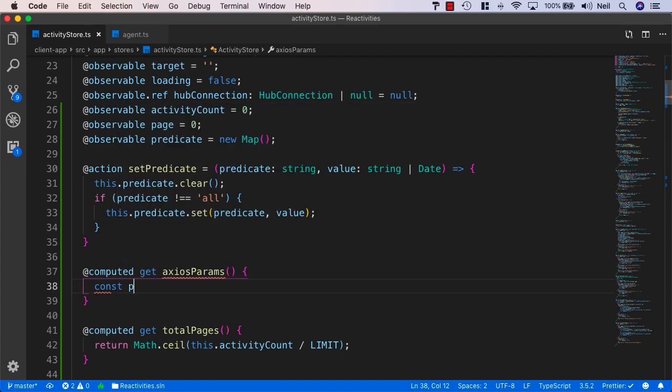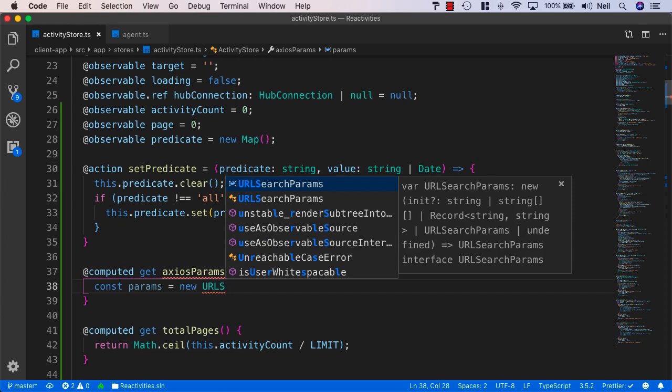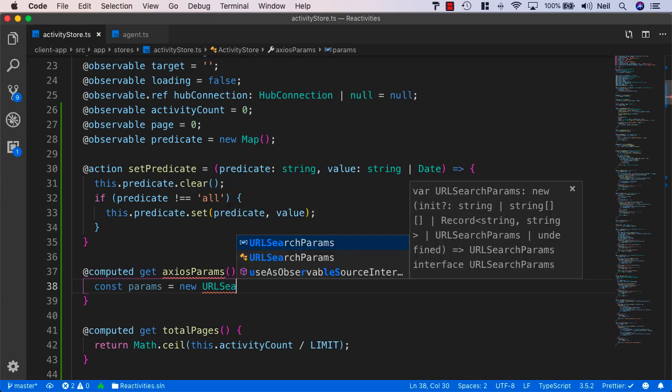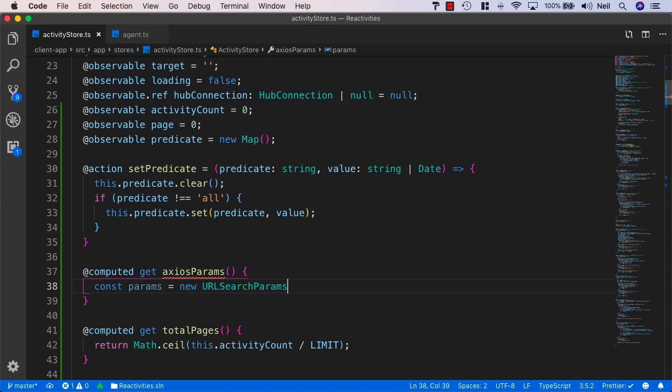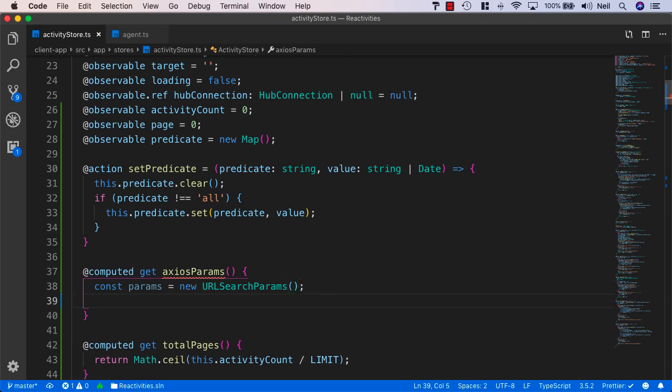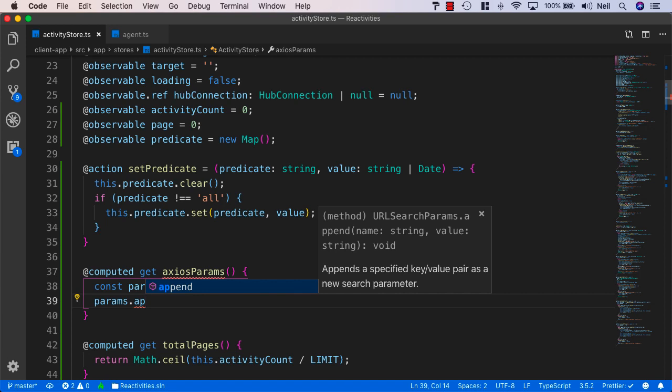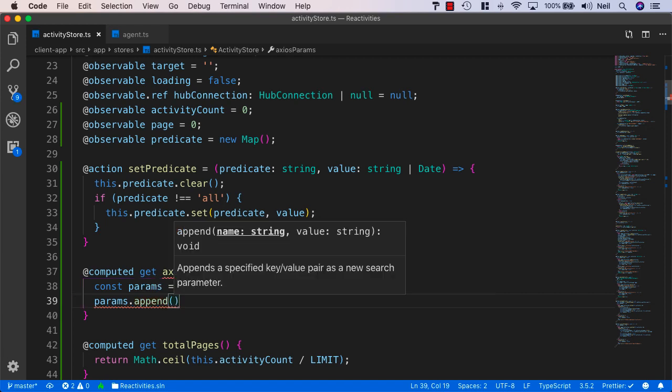and we'll say const params equals new, and we'll use URLSearchParams for this. And URLSearchParams is basically an interface that defines methods to work with the query string of a URL. So we'll use this. And then what we can do is build up our parameters, and the URLSearchParams comes with a method called append,